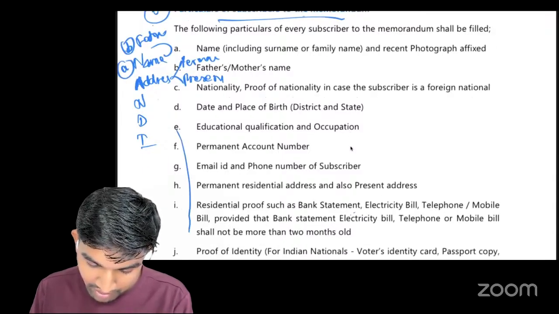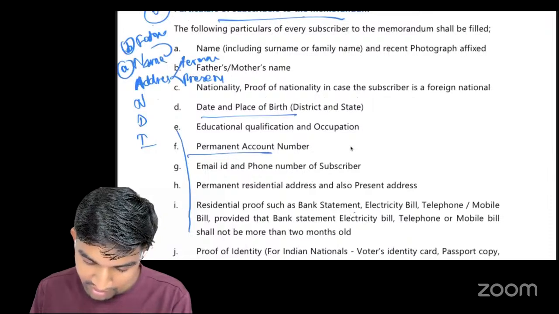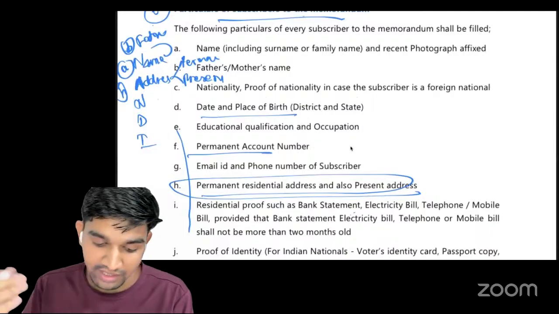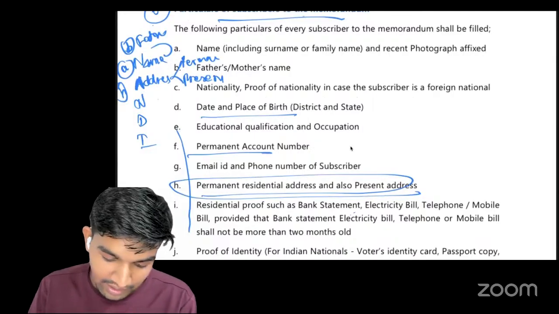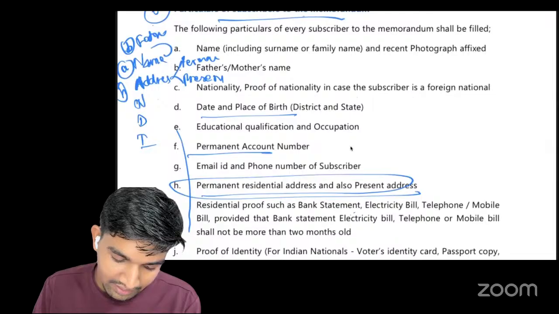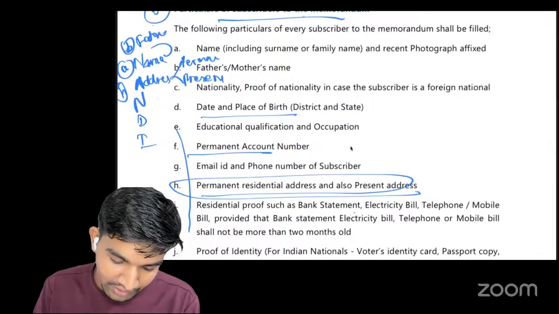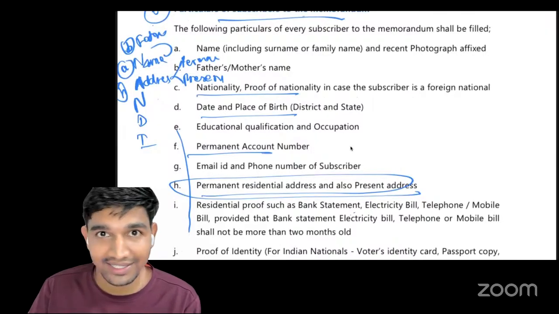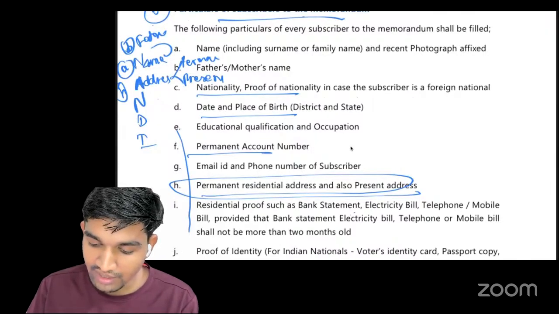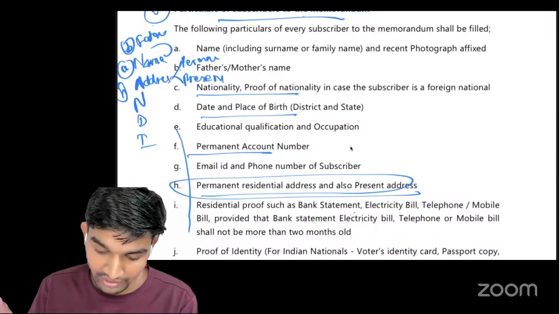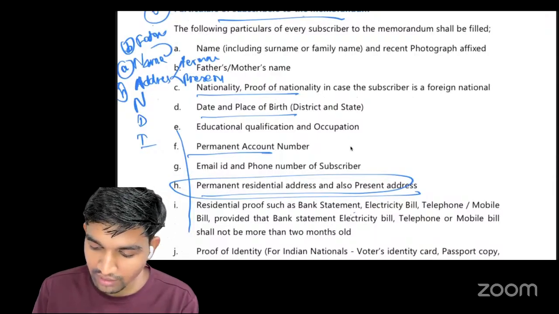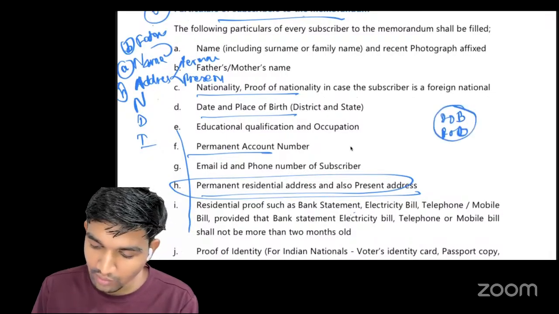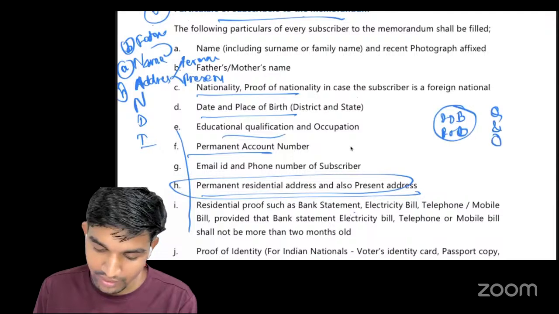then address, permanent account number, date and place of birth, permanent residential address, and present address. Then you have to give nationality. So we have given nationality also. If the subscriber is a foreign national, in that case he has to give proof of nationality. Okay, then date of birth and place of birth, then qualification and occupation,